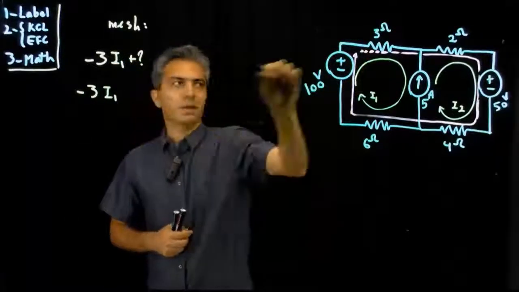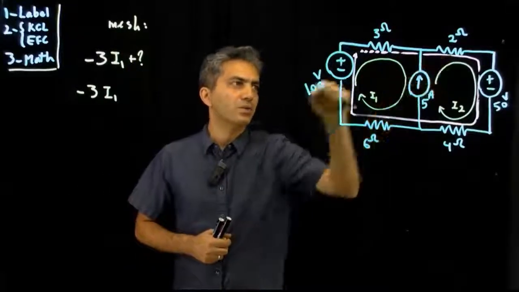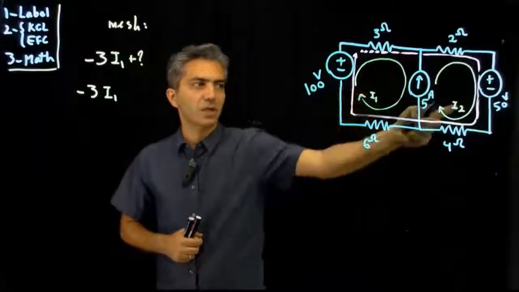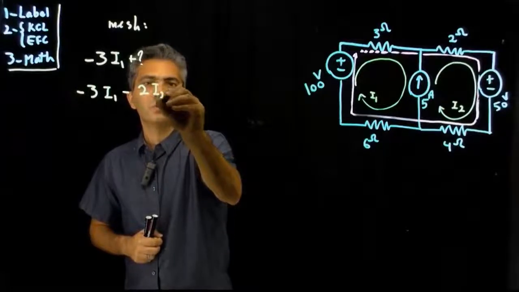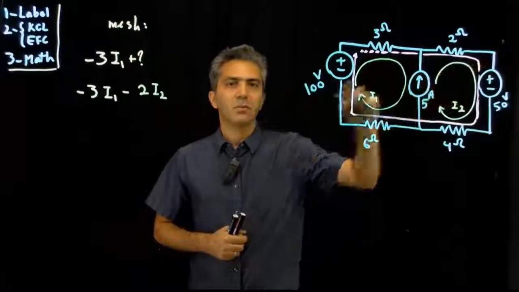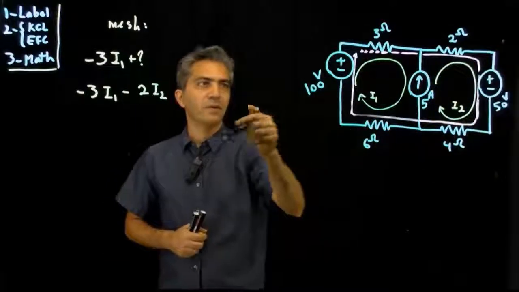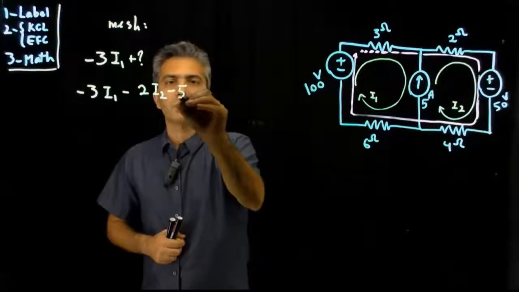The current is I1, and so the voltage drop would be minus 3 I1. Then I get to the 2 ohm, and there the current that is passing through is actually I2, so I have minus 2 I2, the drop of voltage across the 2 ohm, and then I have the voltage drop of 50 volts,